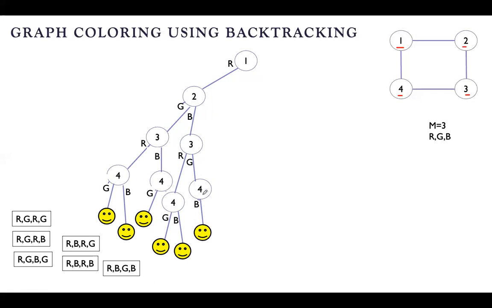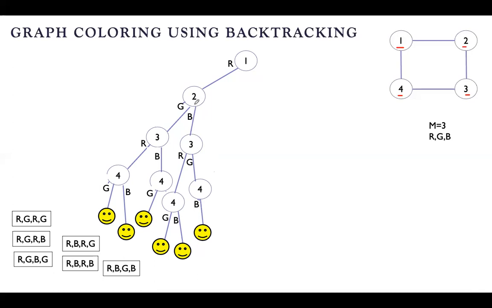Next, we are in the fourth vertex. We checked for RGB. Go back to third vertex. We have checked R, G. Next, we have to check for B. Is B allowed for vertex 3? B is not allowed for vertex 3 because B is assigned to 2. They two are adjacent. So B is not allowed. So you finished for vertex 3, RGB.